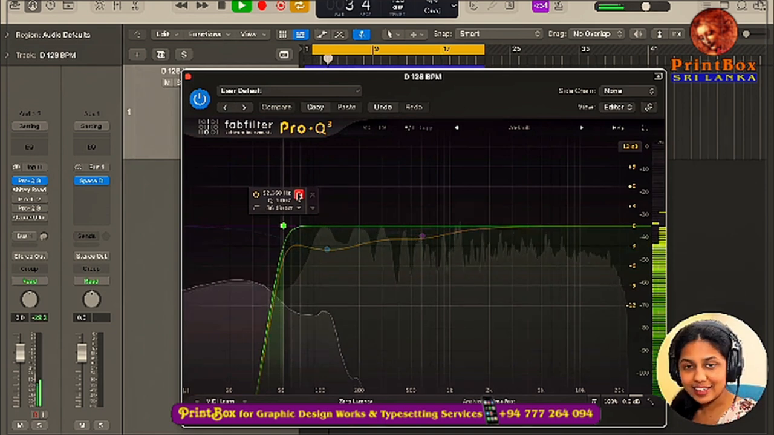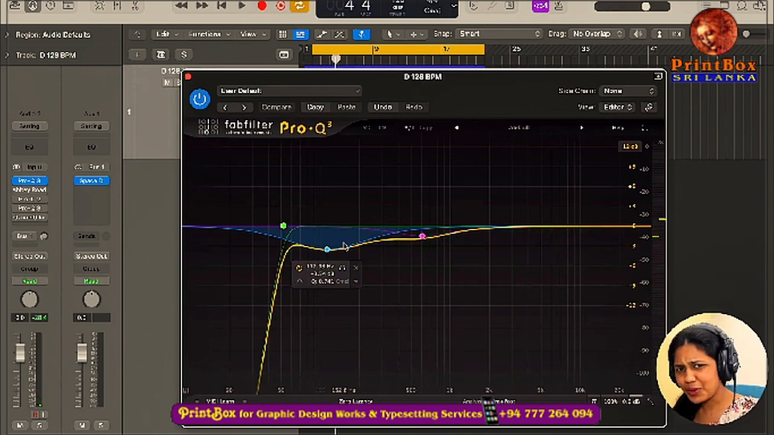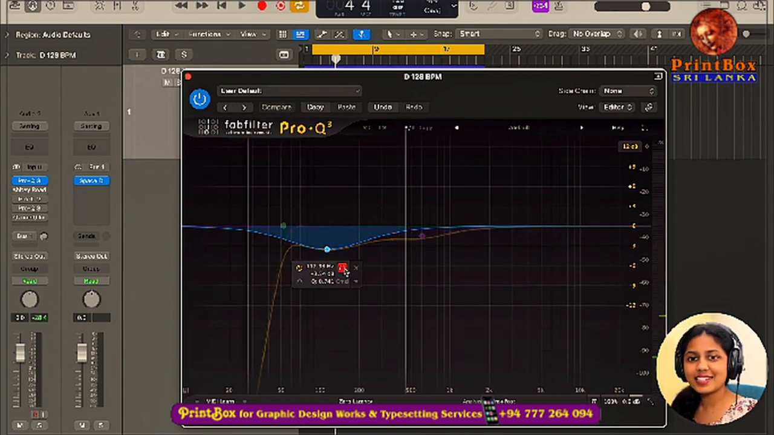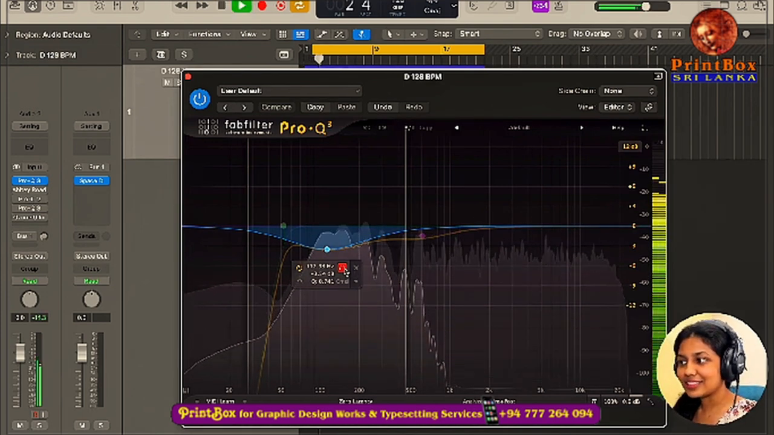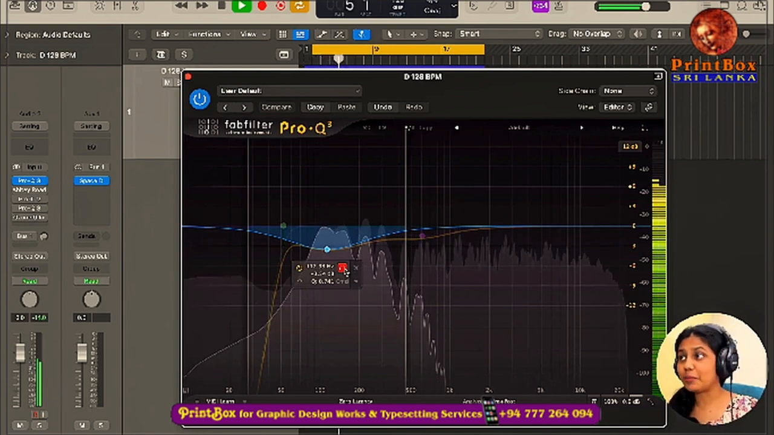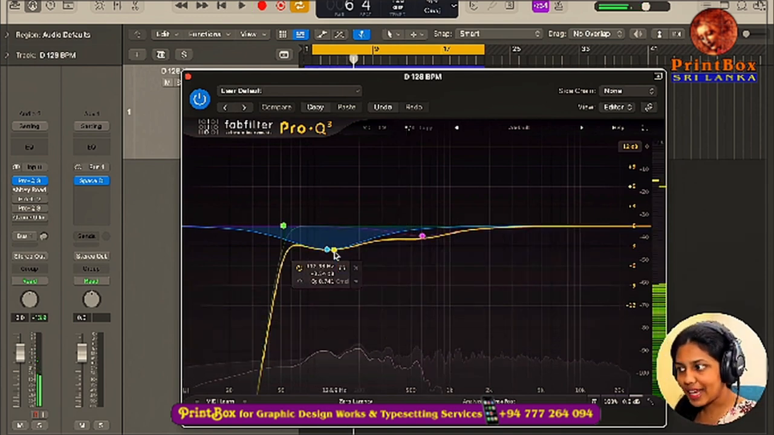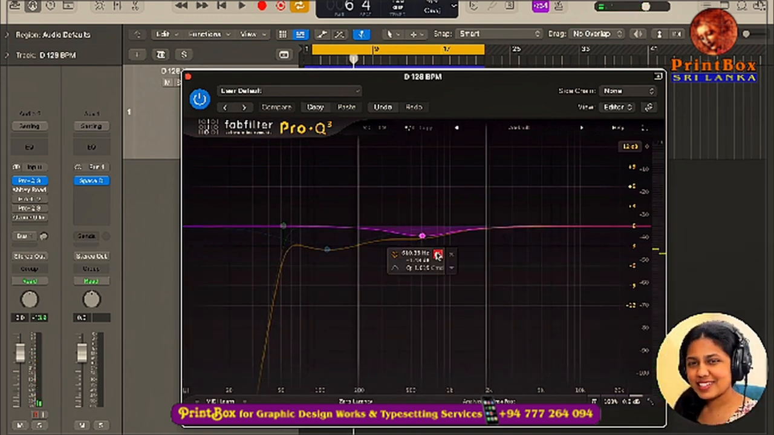So I've made a cut till 52 Hertz, and the next part is to make a cut around 100 to 200. So I've chosen 112 because there is a lot of boomy sounds coming through it. That sound, you cannot hear it properly, and moreover it's going to clash with other instruments. So I brought that down, and the next part is the mid frequency, which is going to sound a little